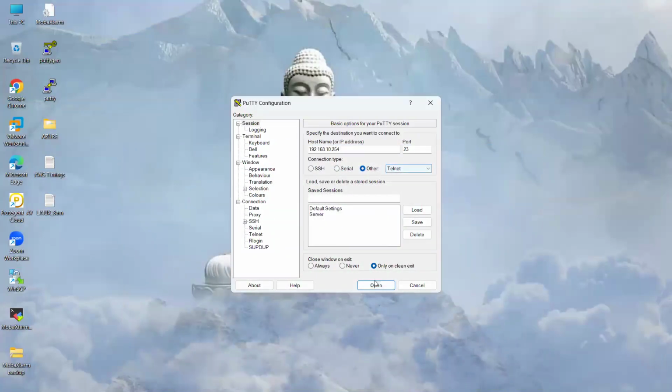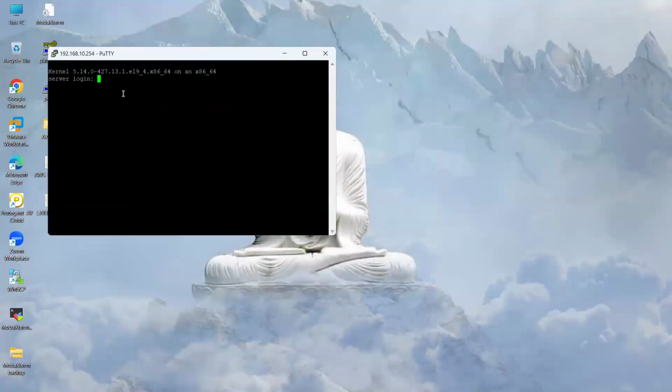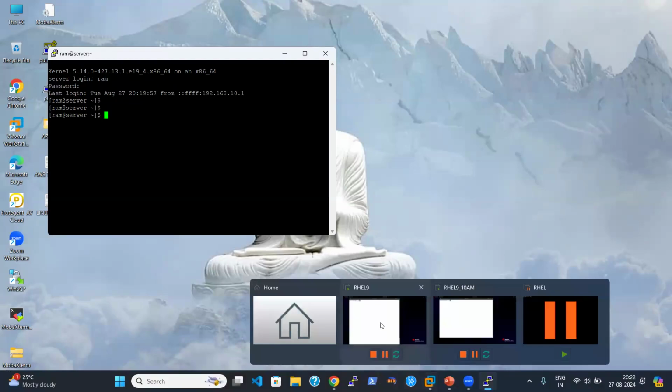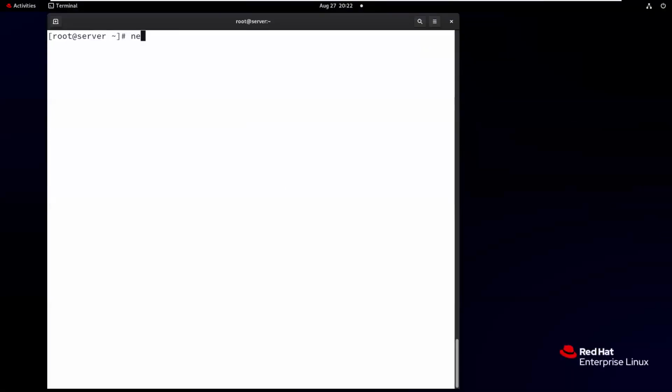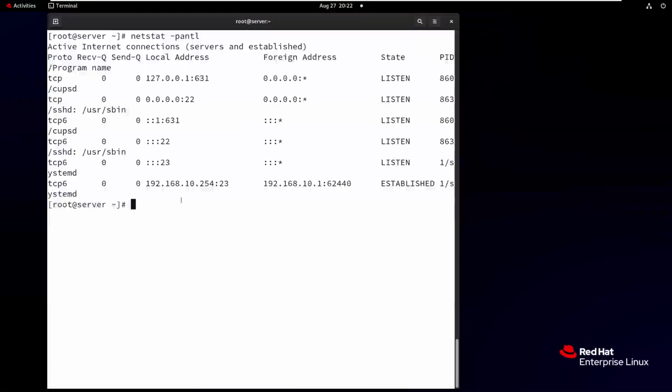Now if I open it, it is asking for the login username. Let me log in with rom, then the password is 1234. See that? So this is the proper way of connecting to remote servers. But which protocol is connected and what port number is running? How do you know that? We use netstat on the server side to verify the active port numbers. Now see this: 192.168.10.254 is connected through port number 23. So why? Here it is called